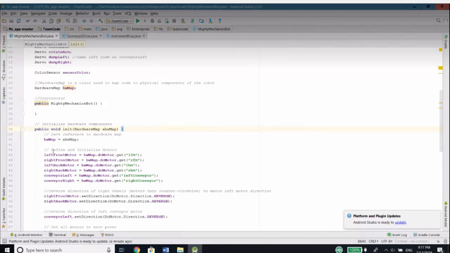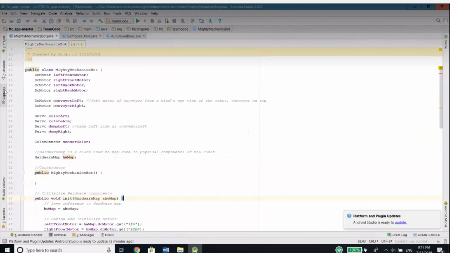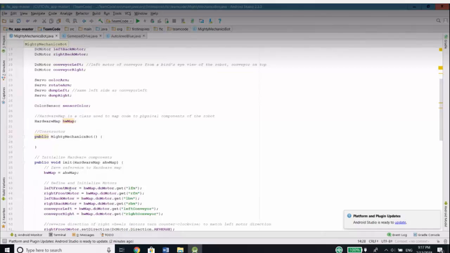So over here, you can see that I declared this left front motor up here. So now I'm naming it. I assigned it a name of LFM over here. And what this means is that when you transfer the program to the phones,